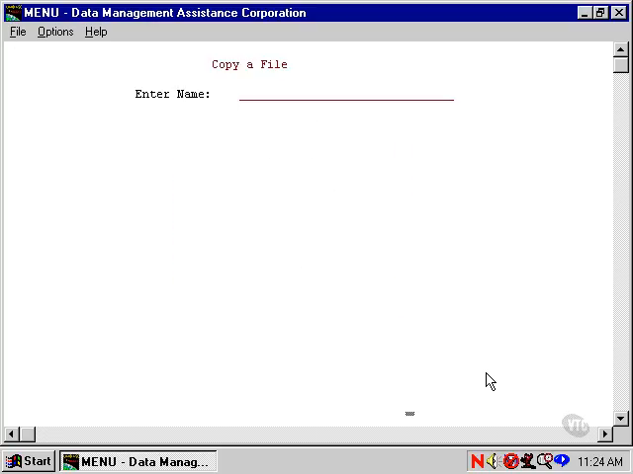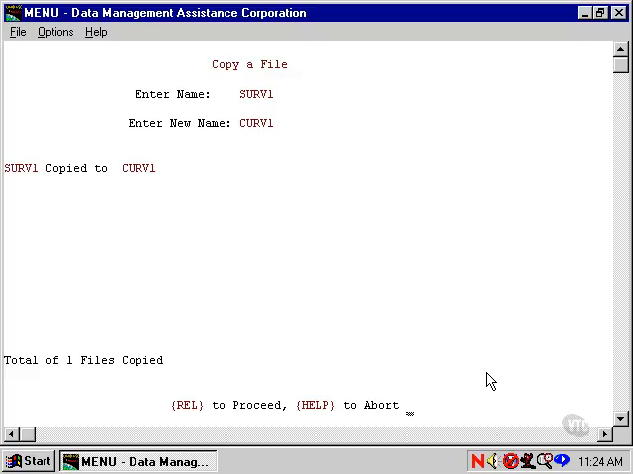When Unibase says enter name, it wants the name of the old file. So let's copy SURV1. It asks for the new name. Let's call it CURV1. Field release. When I press release to proceed, Unibase tells us that it did copy your file, and it copied Serve1